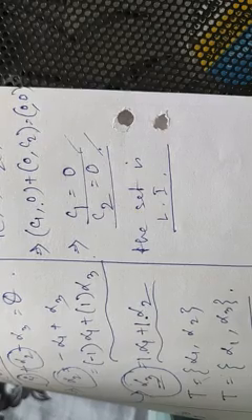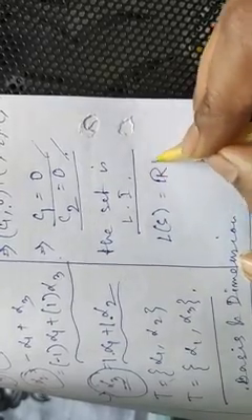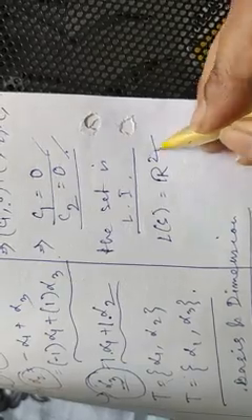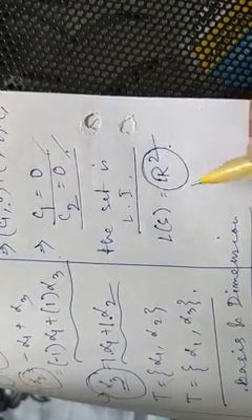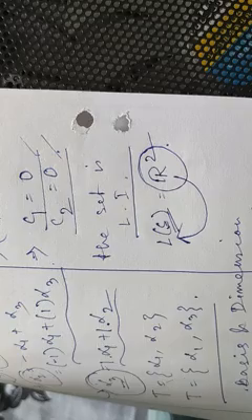Now the second condition, that means the set generates R square, or generates the given vector space capital V. Here V is R square. So we need to prove that L of S equals R square. That means we will take any element from R square, and it can be expressed as a linear combination of the elements of the set S. So let's take one element from R square. R square means R cross R. That means the elements will look like (a, b), this pair.